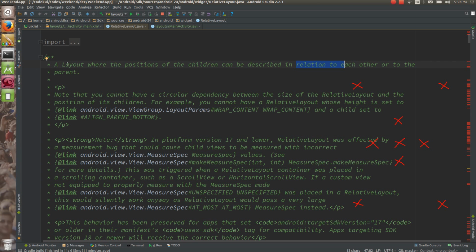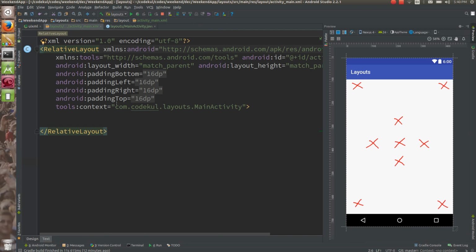See what they are saying: layout where position of the children can be described in relation to each other or to the parent. It means with respect to the parent, center in the parent, to the bottom, to the left of this, right of or above this, below this, likewise. Right, you'll come to know once I type the code.